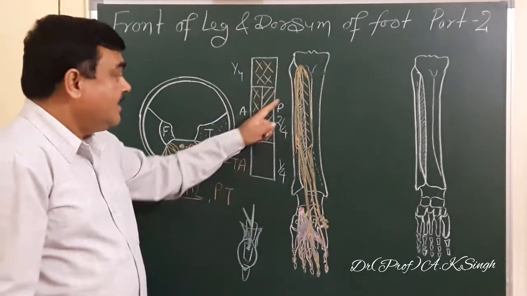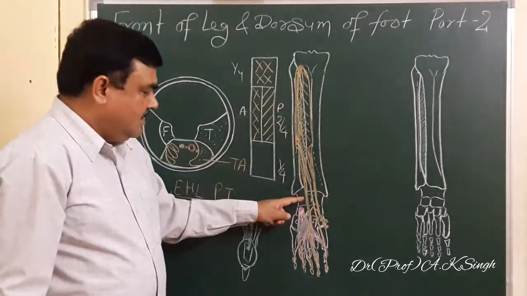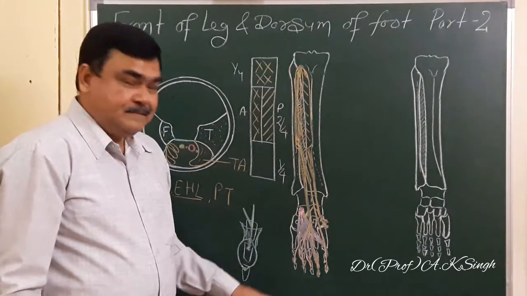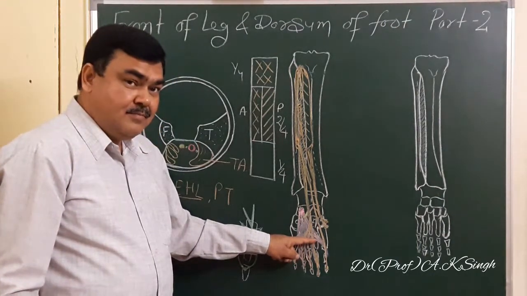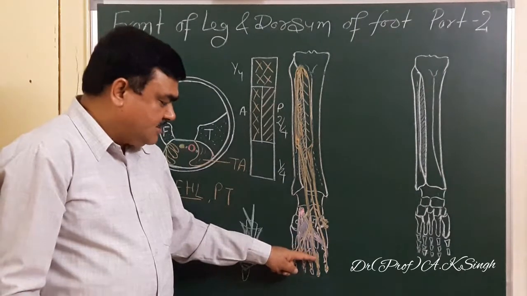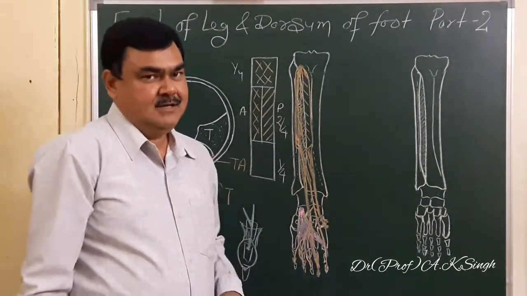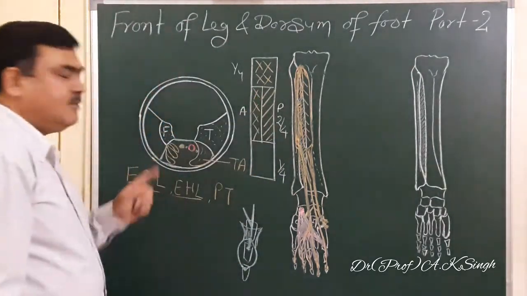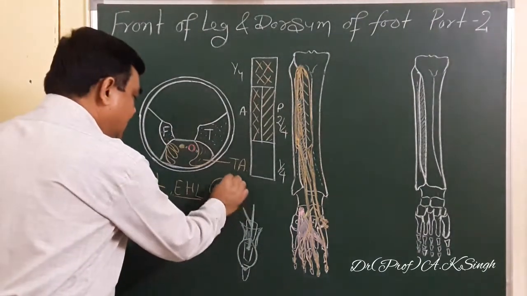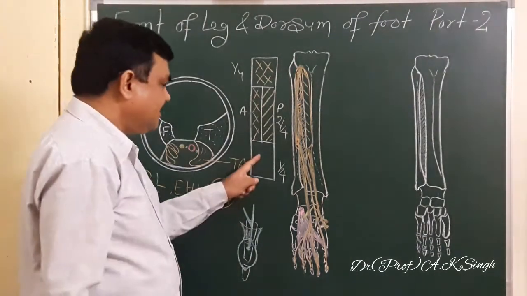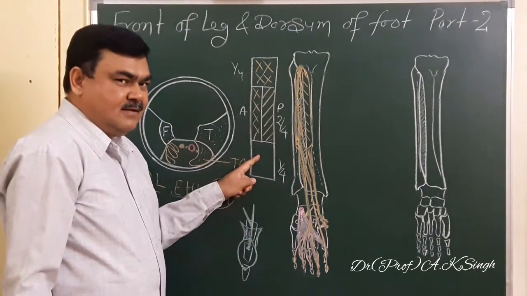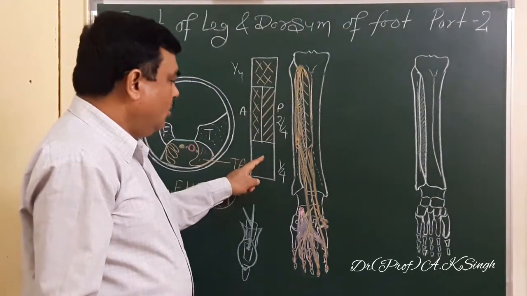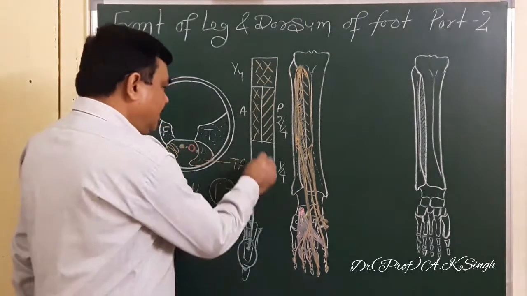Action of these tendons, action of this muscle is dorsiflexion at ankle joint, and here its action is extension at metatarsophalangeal joint and proximal and distal interphalangeal joint. So this is all about this muscle, extensor digitorum longus. Now we'll discuss about peroneus tertius muscle. Peroneus tertius muscle takes origin from this area. This is medial surface of whole of the lower 1/4 part of fibula. So it takes origin from here.